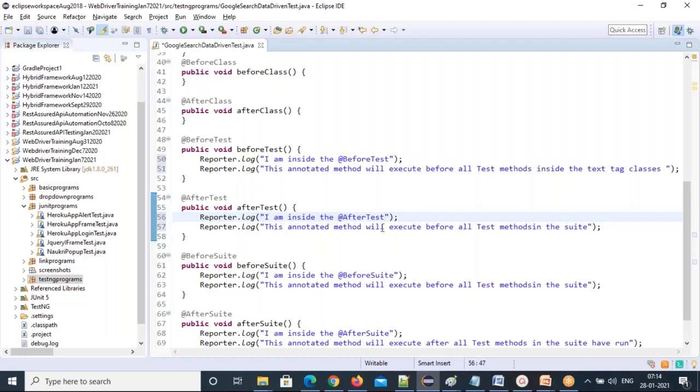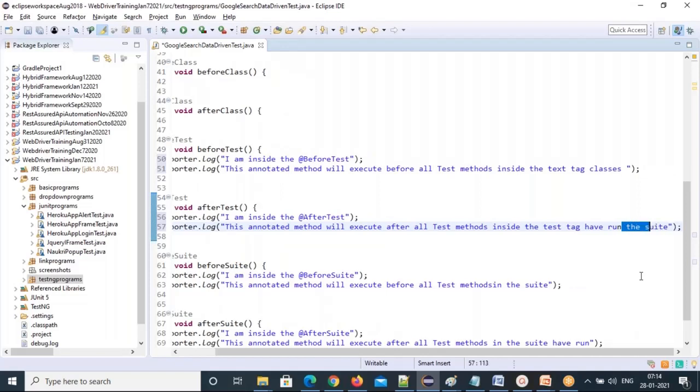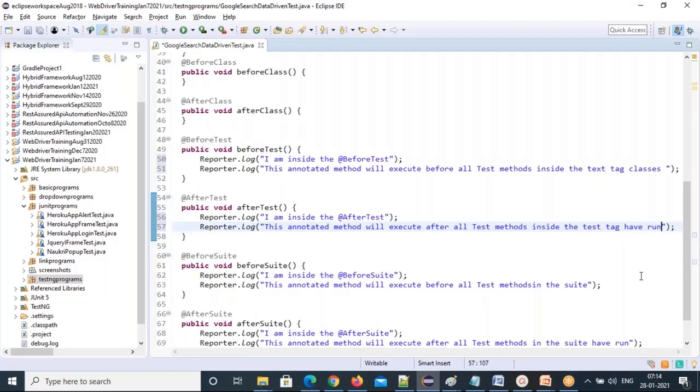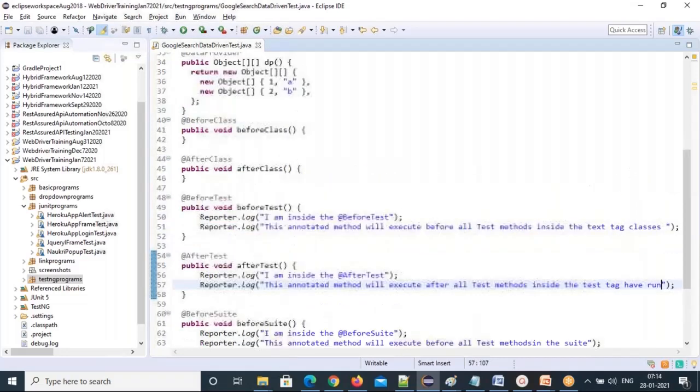This annotated method will execute after all test methods inside the test tag have run, then it will execute the AfterTest code. Completely, when the test methods of the classes inside the test tag are over, then the cursor will come to AfterTest. So this is the AfterTest code.